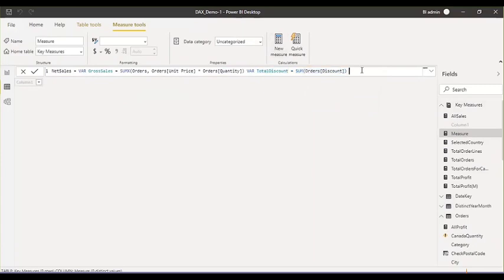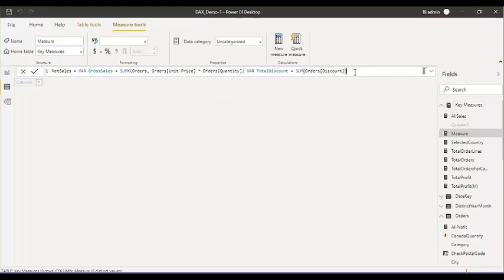Now I can subtract the discount from the gross sales and I will get the net sales. So here I will have to create another variable. Like this, VAR. It means inline you can create multiple values, multiple expressions, right? But this is not the right way to write your expression.